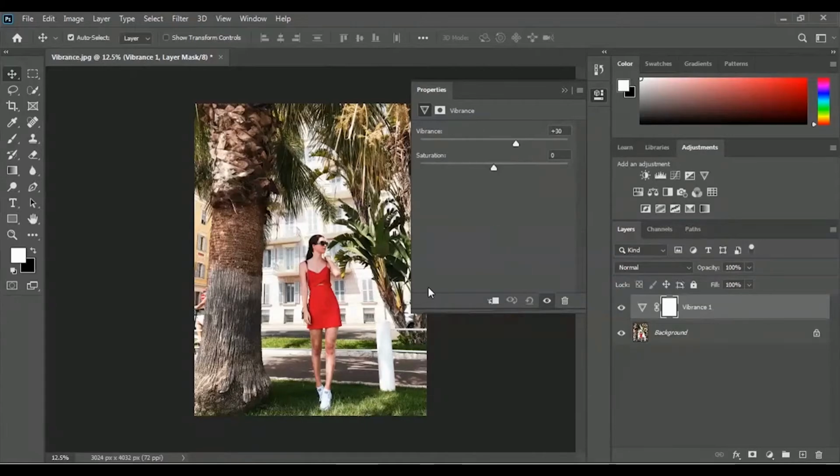Okay, now we have to increase the saturation. If you increase the saturation, the entire color will be increased, and we will get the active green color, and we will get the active red color for the dress. Okay, so let's increase the saturation. Okay, and you can take a look. We got the nice color of leaves, we got the nice color of the dress,